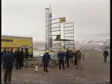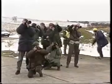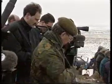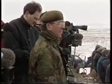Then the moment of truth arrived. Well, almost. The first countdown was aborted at the last second, after an aircraft was heard overhead. Then ignition and liftoff. The rocket soared to a height of almost 2,000 feet before the parachutes opened, bringing the rocket section safely back